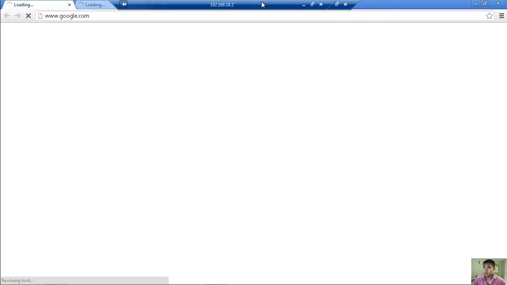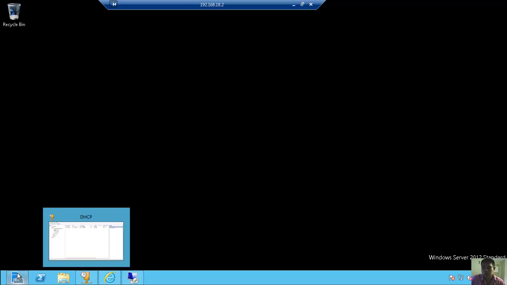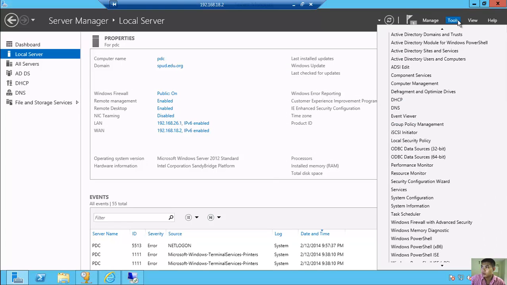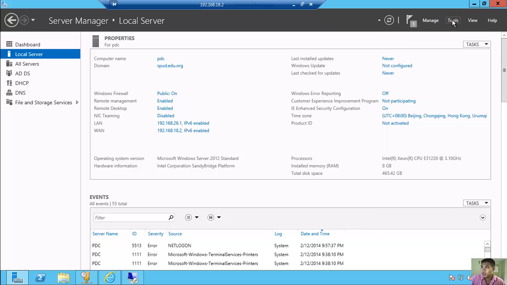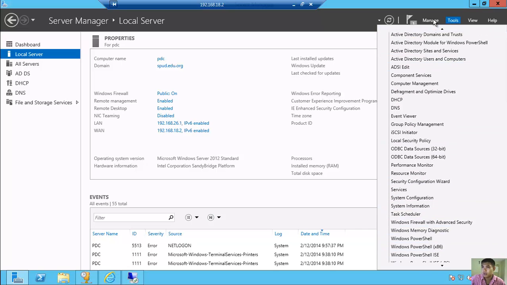So, to give that, okay, so give IP address para mabigyan mo ng internet access ang iyong clients. So, what we need to do is go to tools, okay, so remote access is not yet, so we